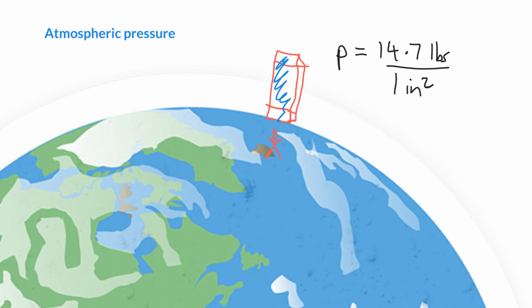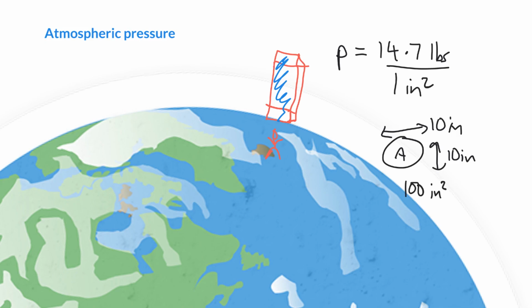So imagine taking a 15-pound bag of potatoes and laying it over every square inch of your head. If your head is about 10 inches by 10 inches, and we pretend it is square, that means it's got an area of 100 inches squared. And if we multiply, since the pressure is about 15 pounds per square inch, you're talking about 1,500 pounds of pressure, so about 3/4 of a ton of pressure, I believe, on top of